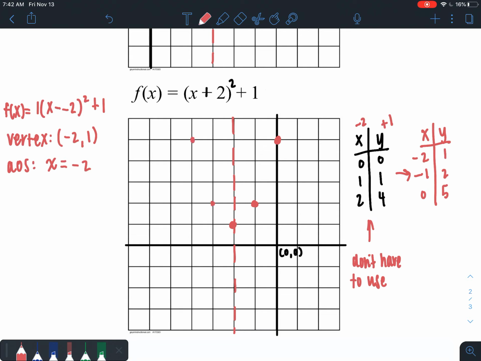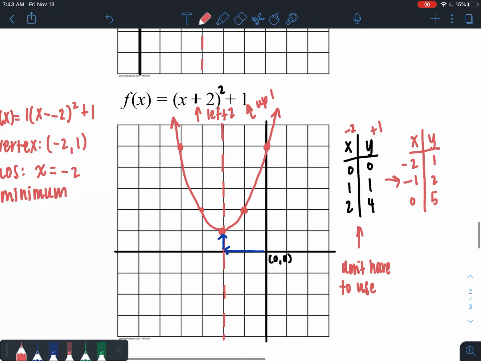Then I reflect those points over, and as you can see, my graph got shifted left 2 and up 1 from the vertex. So it went from left 2 and up 1. Okay, and we do have a minimum value for that one. All right, the rest